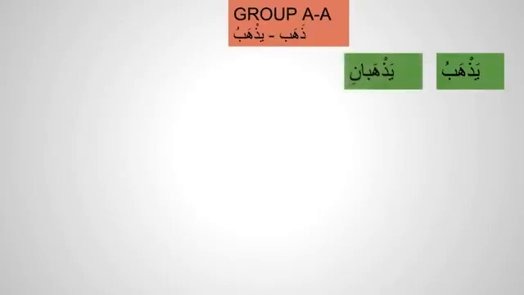So we're going to do dhahaba, yadhabu, group a'a, which means the lam kalima and the ayn kalima in fa'al madi will have fatha, and the ayn kalima in fa'al mudari' as well will have fatha. Group A, dhahaba, yadhabu. Huwa yadhabu, huma yadhabani, hum yadhabuna,